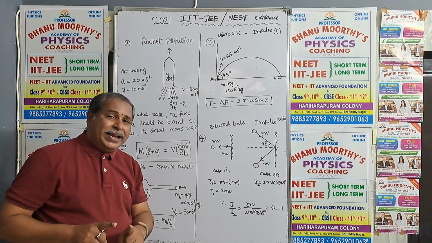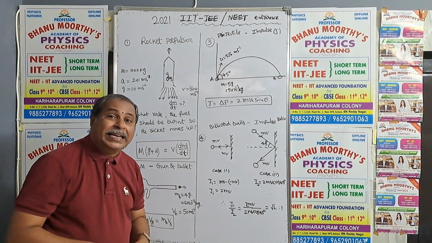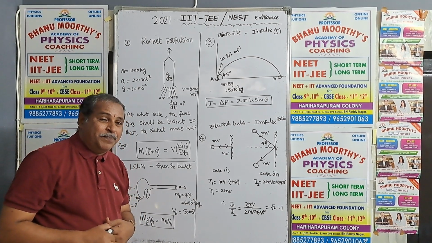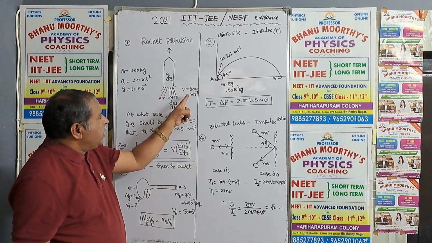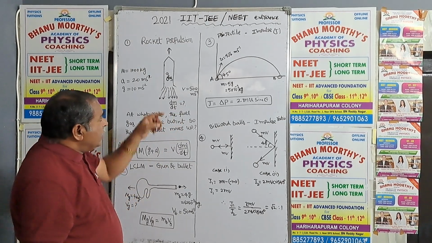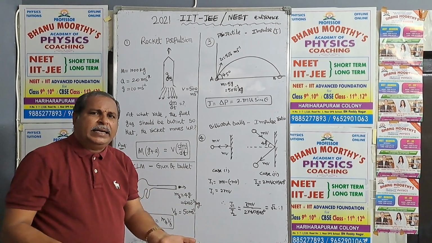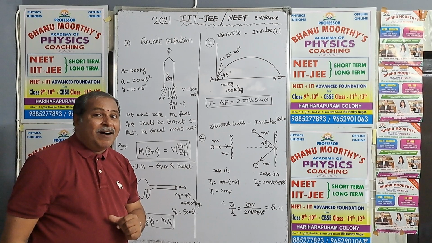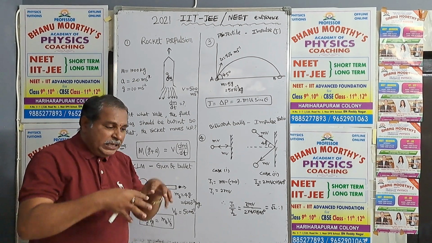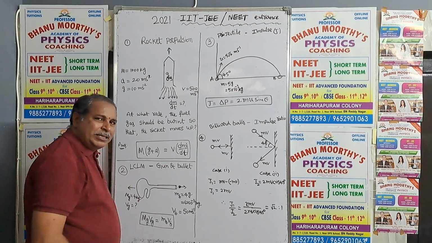That apparent weight provides the necessary force exerted by the jet of the gases in the downward direction. So the gases are coming down with greater speed, that is 500 meters per second. And gas is coming down at the rate 2 kg per second, 3 kg per second, like that. So what is this rate of gases after burning? At what rate this should come down so that rocket moves up? So this is the concept.